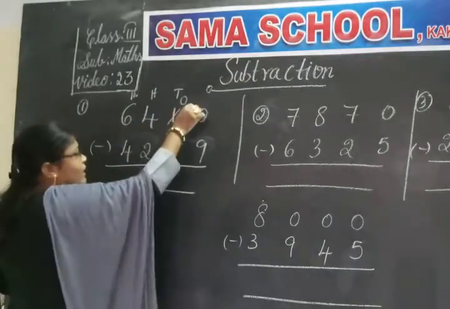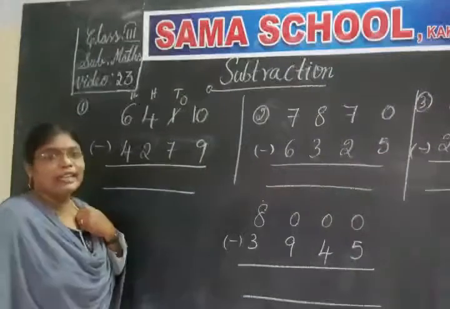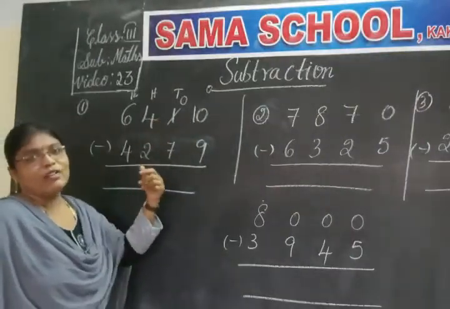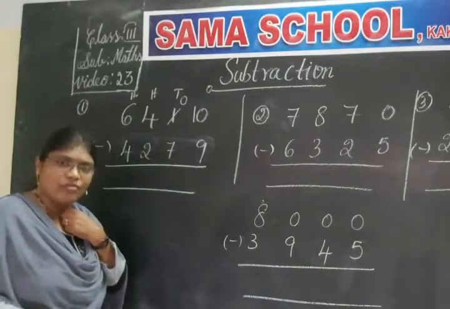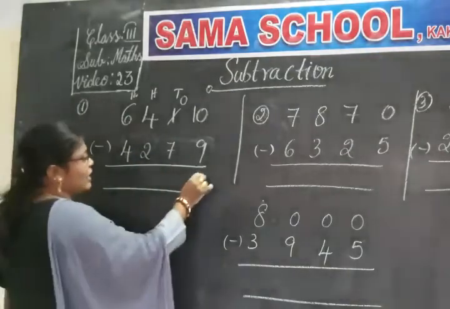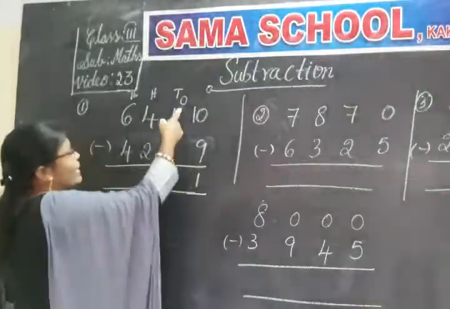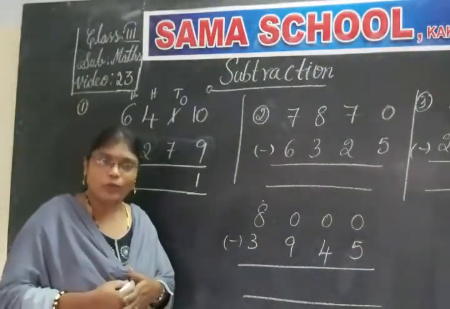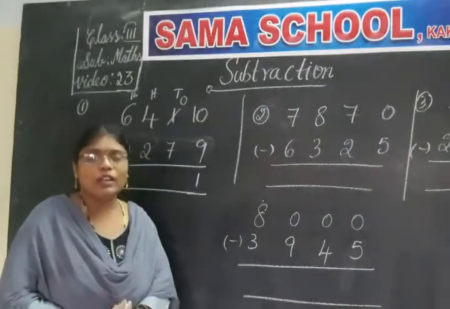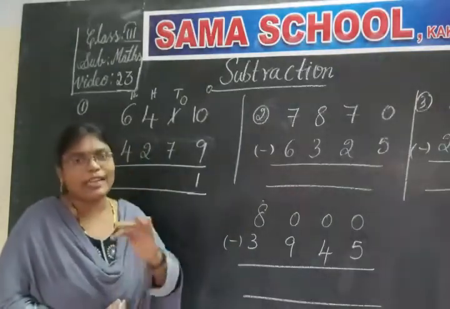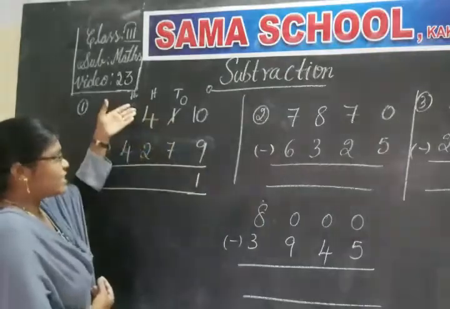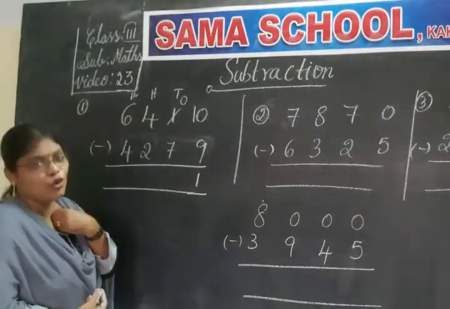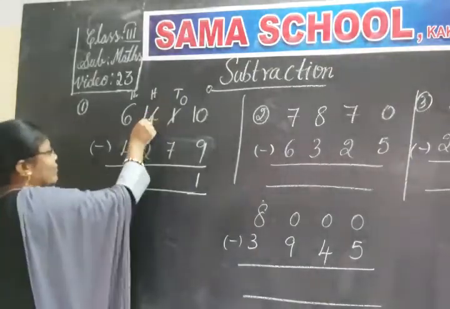So come on, anyway, borrow here. Now it became 10. 10 minus 9. What is 10 minus 9? 9 after 10. Yes. So that's only 1. And now the tens place digit became 0 now. Yes or no? So what we need to do? Again we should borrow from the next place. What is the next place? Hundreds place. What is the digit here? 4. So borrow 1 from 4.